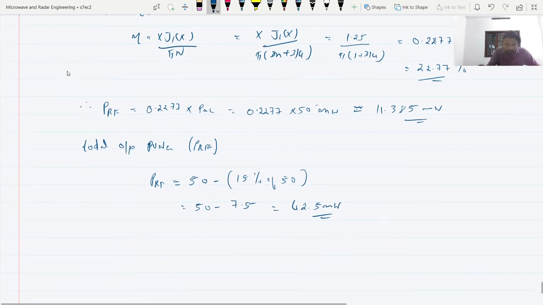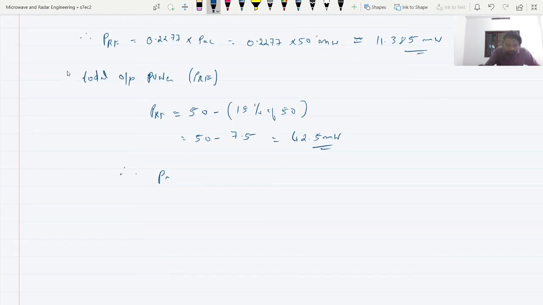So therefore PAC is nothing but PRF divided by eta. PRF is now 42.5 milliwatt, eta is 0.2277, which is nothing but 186.649 milliwatt. Okay,